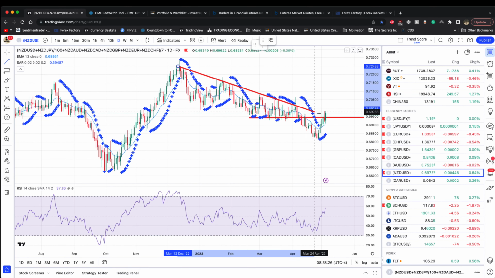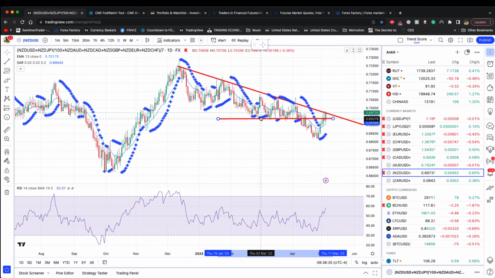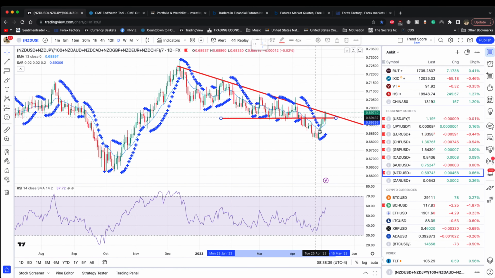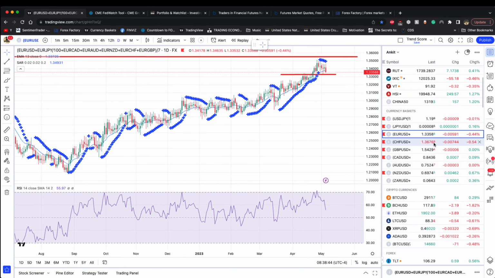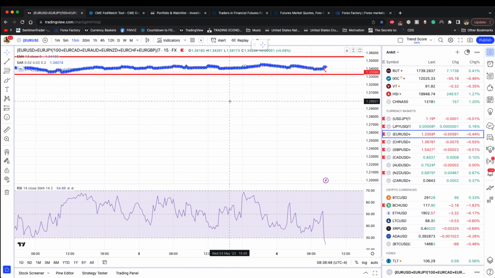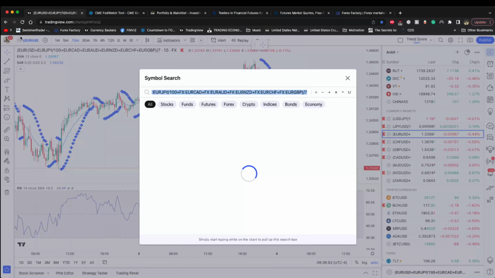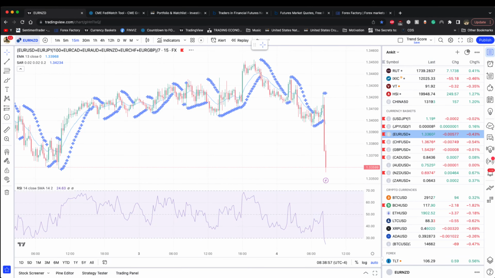Now let's draw a little downward trend line here. So if it's going to pause, this is the area for it to pause. This is the downward price channel that we've been dealing with here. So this is the best one out there. So let's go back to euro and see what the euro is doing. And clearly euro is weakening, 0.44% down. So which pair do we want to begin with? It's pretty clear euro Kiwi is the one that is underperforming here. So let's go with the euro Kiwi.